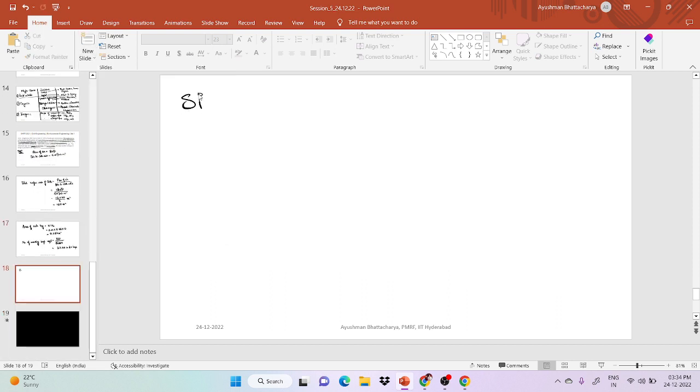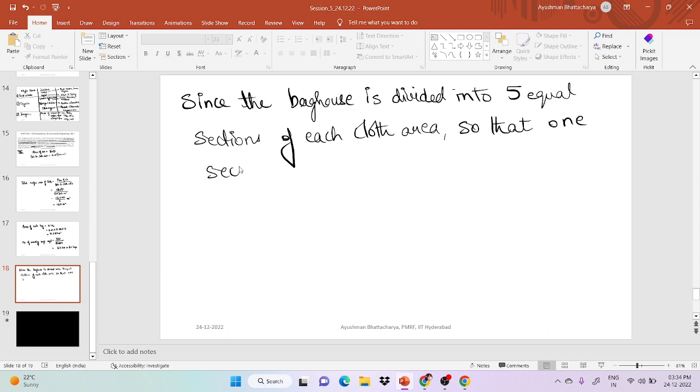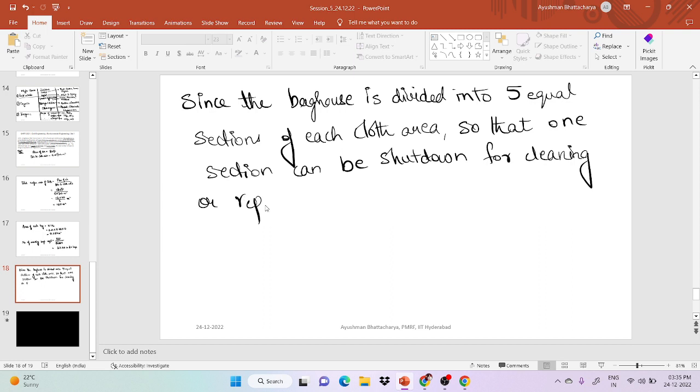In the next slide, since the bag house is divided into 5 equal sections of equal cloth area, so that one section can be shut down for cleaning or repair. Okay, so therefore the minimum bags required per section will be